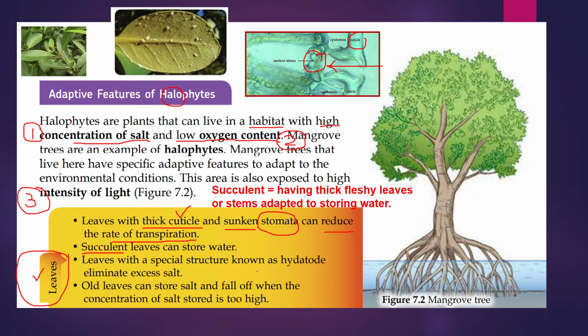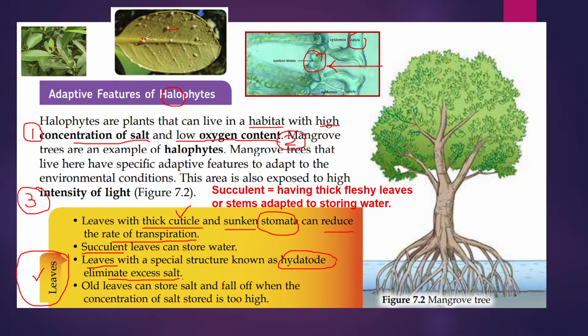Okay. Next, there is this structure known as the hydathoid. Ada lubang-lubang yang kita panggil sebagai hydathoid pada daunnya yang boleh menjadi tempat garam dibuang. Excess salt, garam berlebihan. So you can see here, yang putih-putih ini, these are the salts. Okay. Jadi dia keluar daripada daun melalui the special structure known as the hydathoid, supaya tumbuhan pokok bakau ini tidak